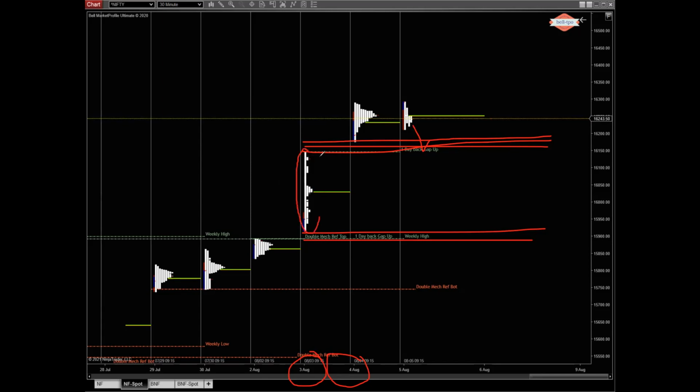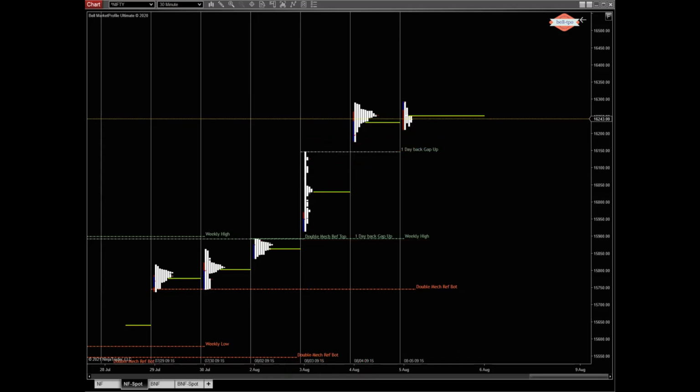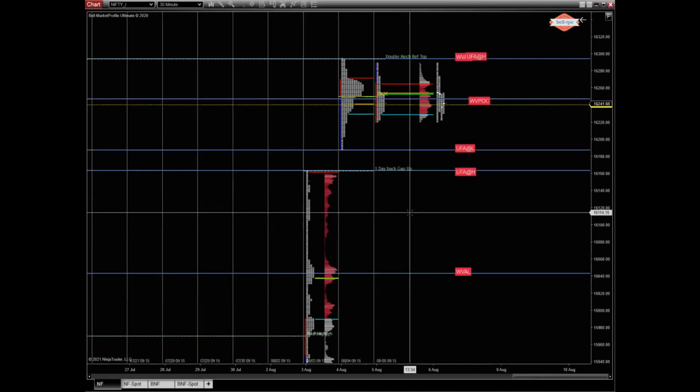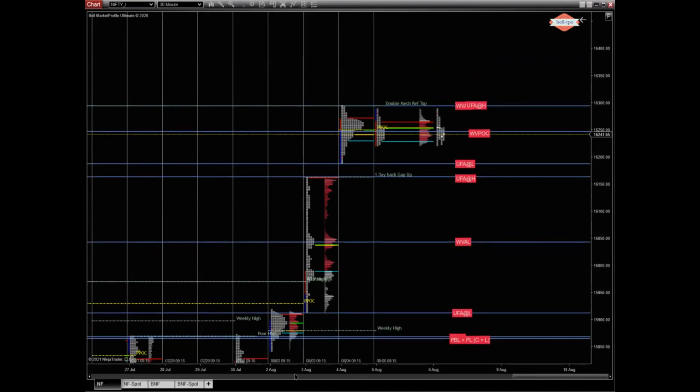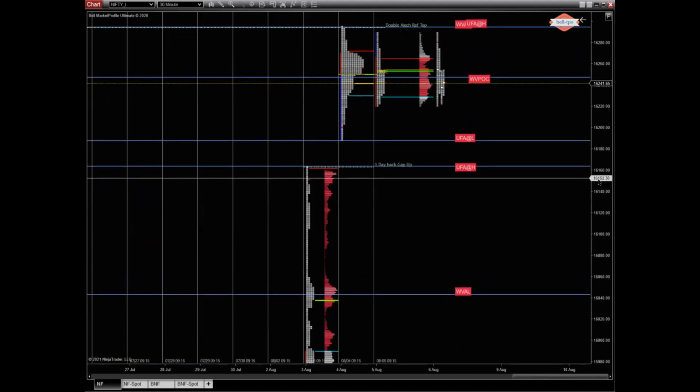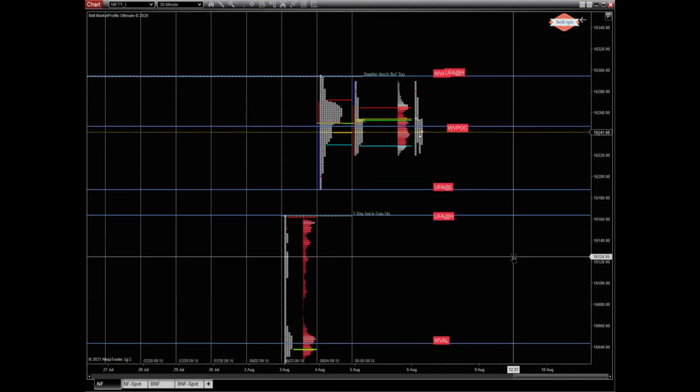Also, we saw a lot of single prints developed on 3rd of August. So 1, 2, 3, 4, 5. There are a lot of anomalies, a lot of emotional buying and, I would say, emotional stop hunting seen in the auction which developed on 3rd of August. Yeah. So coming back to today, what's happening currently is,